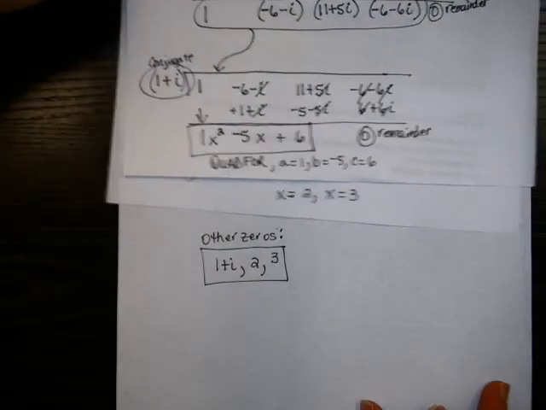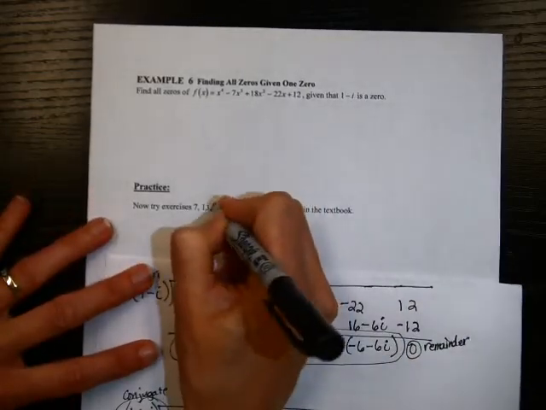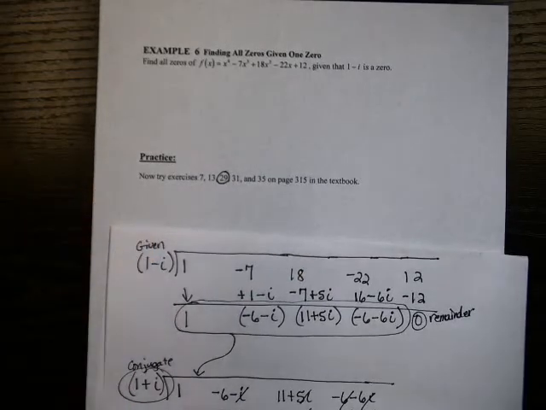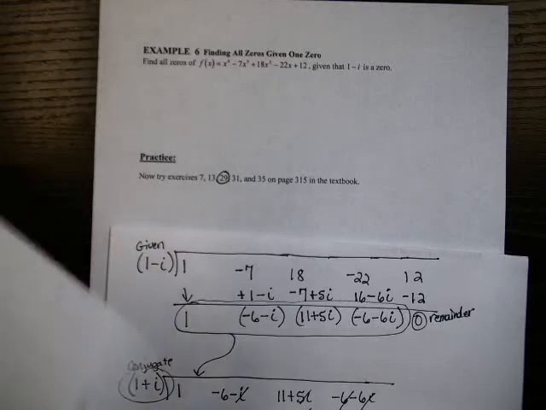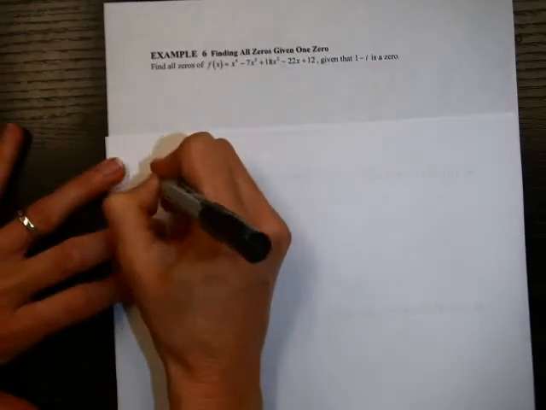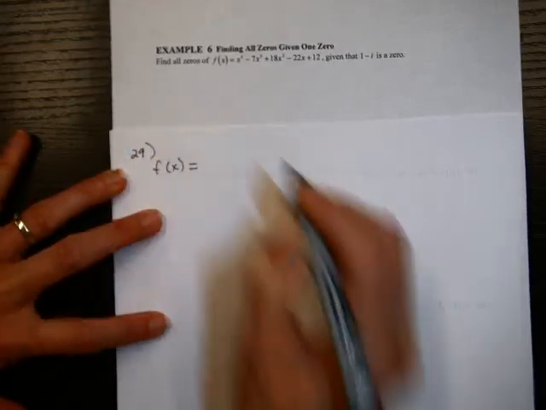Because the only given example here was the one with a complex number given as a zero, I want to work with you myself number 29 from your textbook exercises, and I'm going to write that down on a sheet of paper, but you are welcome to find it in your textbook. Number 29 has the same directions. Find all zeros of f of x equals, and this is number 29 in your textbook,